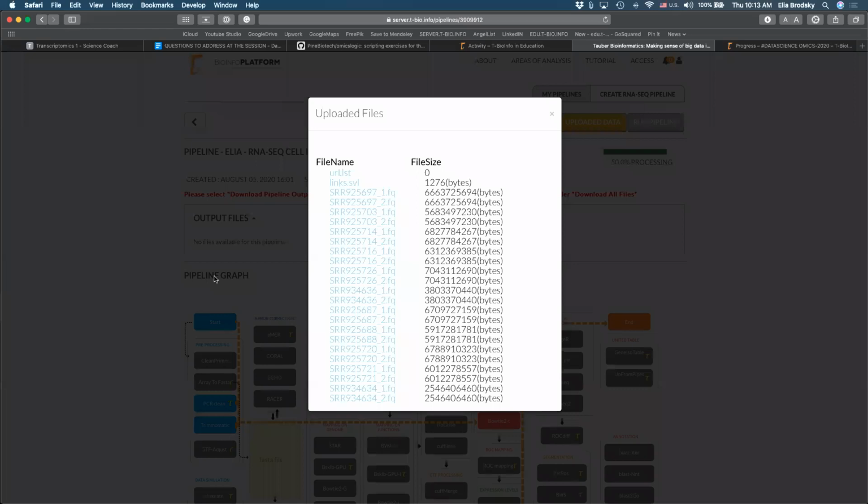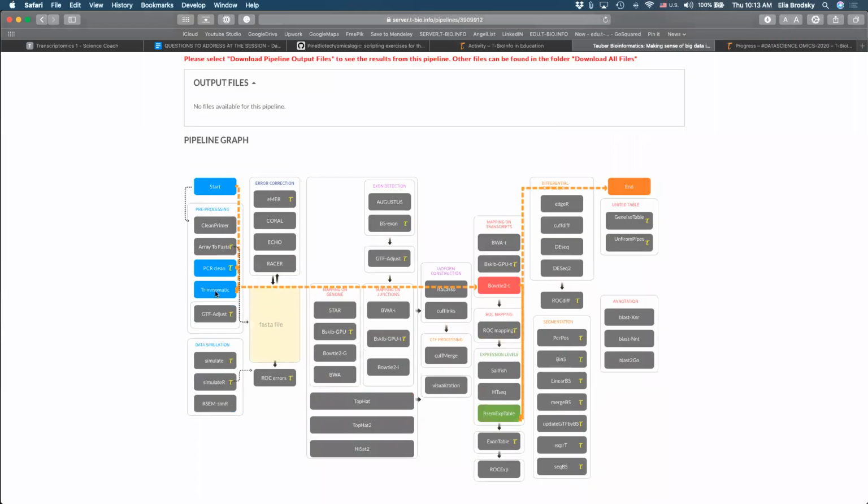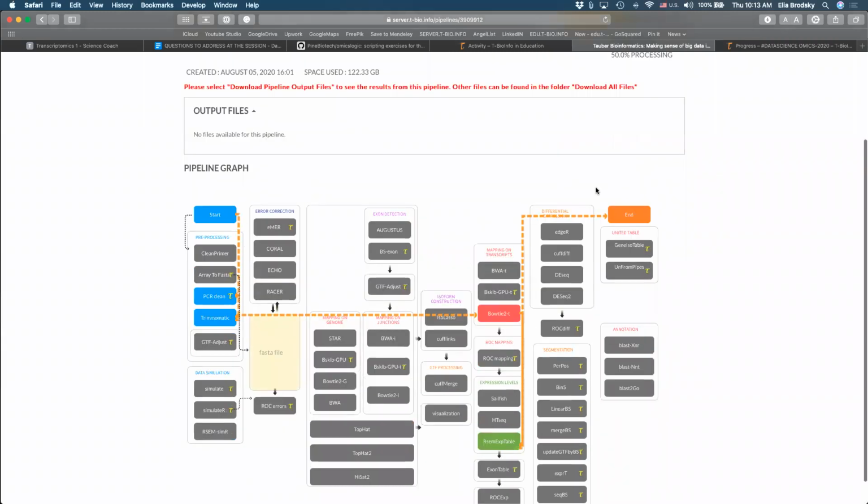What the pipeline does is it takes all the files and loads them here, saves them, converts them into cleaned up reads, saves them, converts them into SAM and BAM files, which are also large because they contain all of the information about the reads, saves them, et cetera. So this is a multiple of whatever files you uploaded.